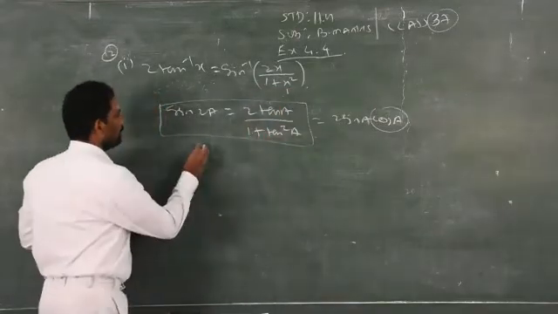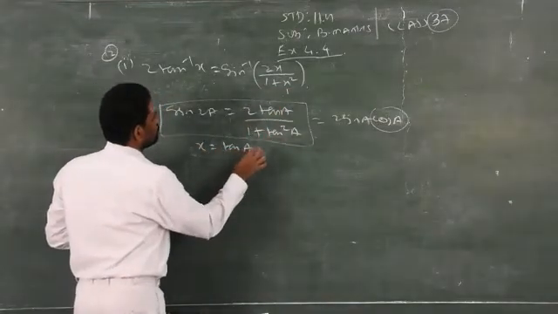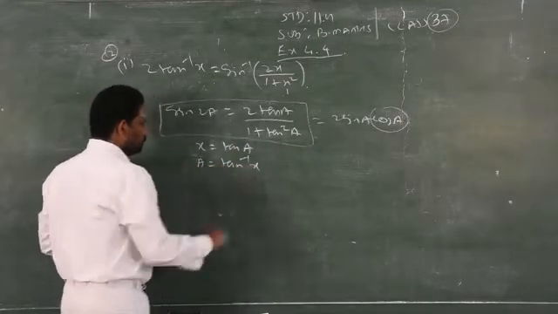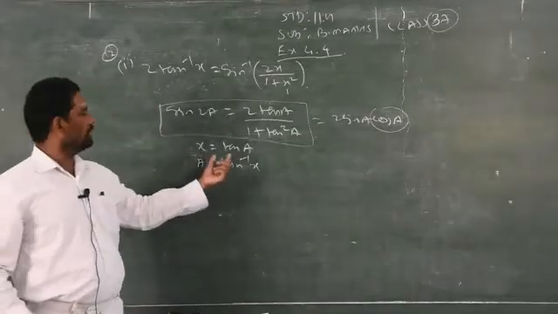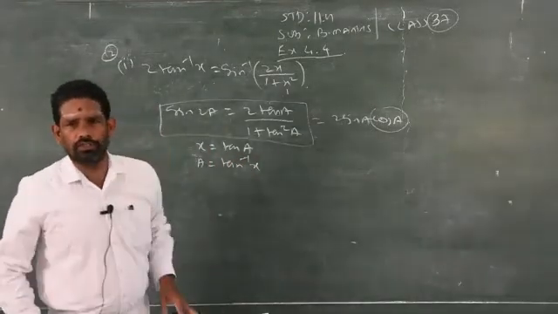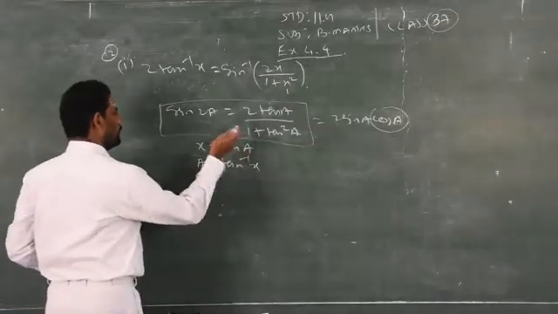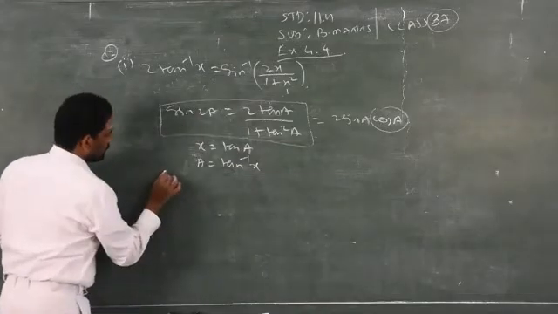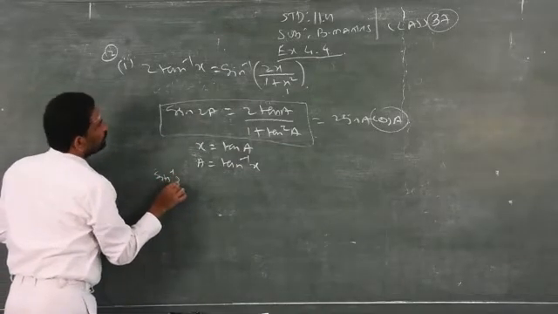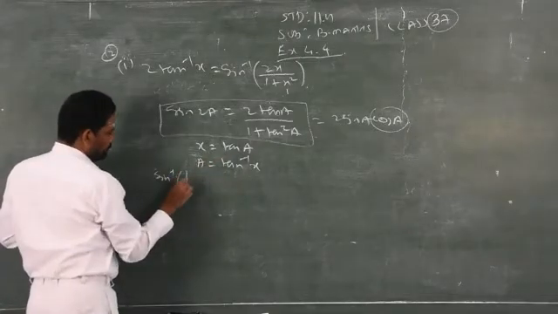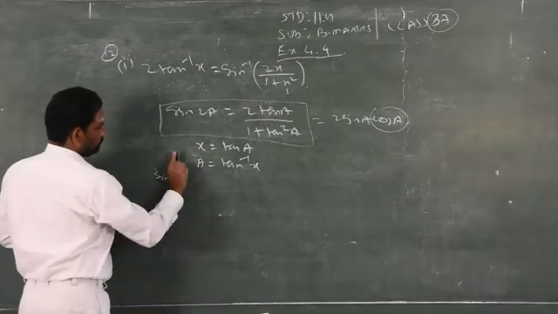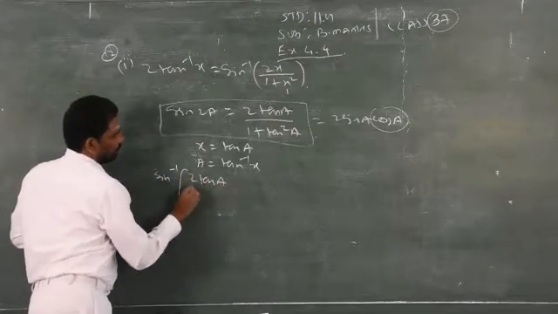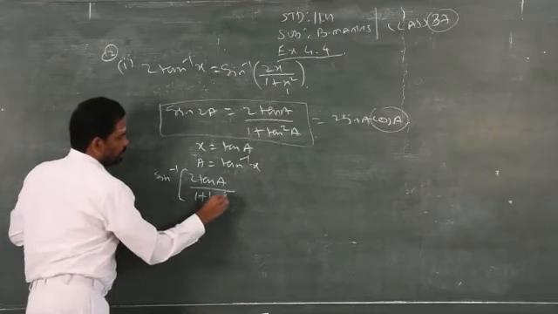So I am just to replace x is equal to tan a and a is equal to tan inverse of x. You may replace this by theta also. You can consider x is equal to tan theta. That is your wish. Clear? Instead of taking a, you can take tan theta also. So transfer a is equal to tan inverse of x. Now I am taking the sin inverse. Sin inverse of x is replaced by 2 tan a by 1 plus tan square a.